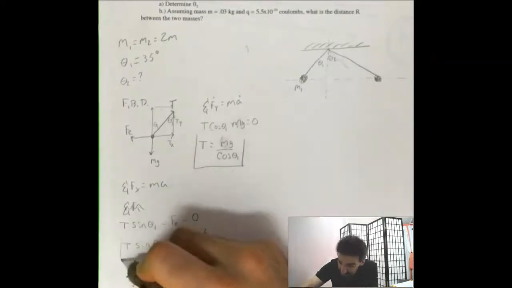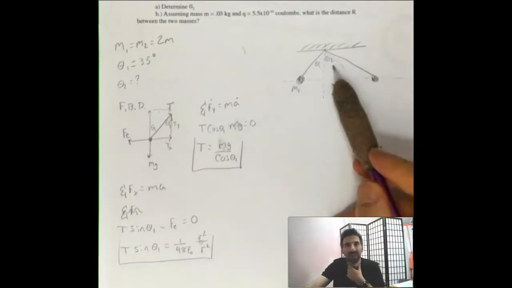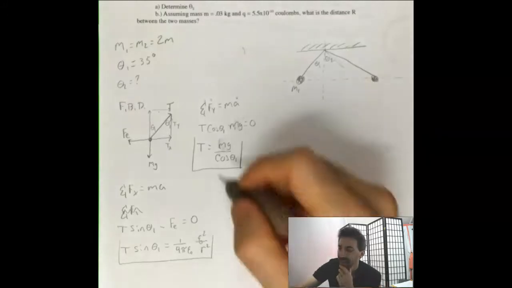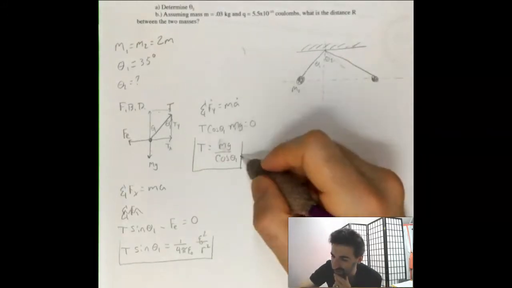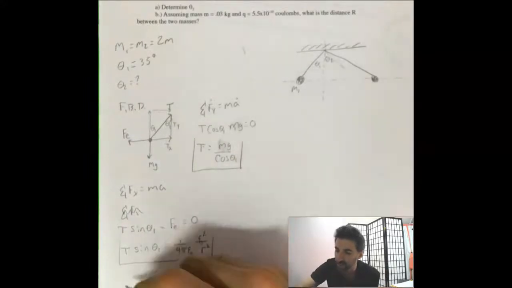So there are my components. Remember, I'm trying to solve theta 2, and I haven't actually done anything like that. But right now it looks like I can almost solve part B. Let's see. I've got two equations. I've got one unknown, but I know T and T are the same. So I'm going to say